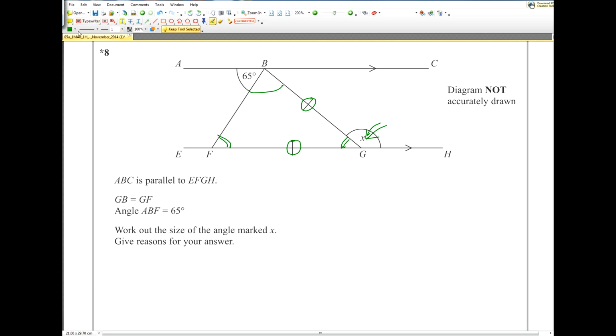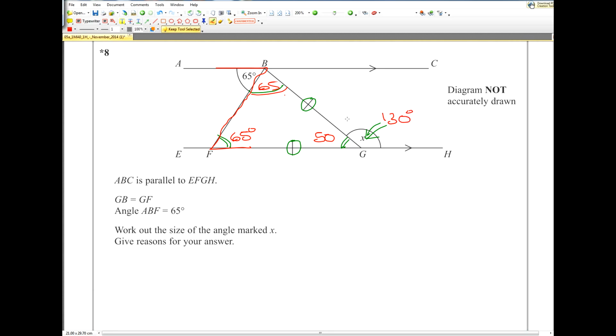Now, what do we know about this arrangement here? So this here, what shape? It's a Z. What do we call that mathematically? Alternate angles. So alternate angles are equal. So this angle in here is going to be 65. If this is 65, this one will also be 65. Now, why are these two 65? Because they're isosceles triangles. And then this one will be 180 minus 65 minus 65, which will give us 50. And this angle here will be 180 minus 50, which will give us